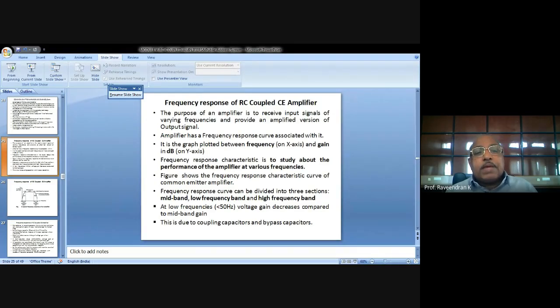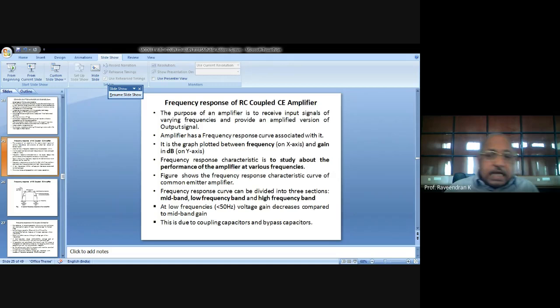Very similar to that, the emitter bypass capacitor offers a high capacitive reactance, so some of the signal will be shunted through the resistance Re. It's an emitter resistance, isn't it? There is an emitter resistance Re connected for thermal stabilization, and some of the signal will be passing through that emitter resistance. So effectively, at the input of the next stage of the amplifier, a reduced signal will be received. That will be affecting the operation of the amplifier.